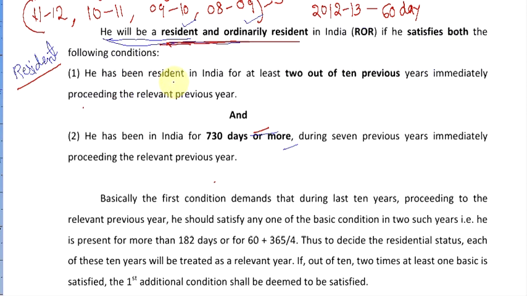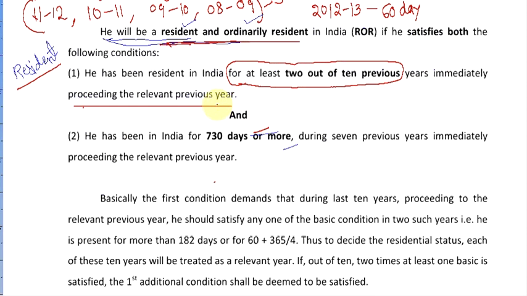He has been resident in India for at least 2 out of 10 previous years immediately preceding the relevant previous year. So to become an ordinary resident, he must be a resident at least